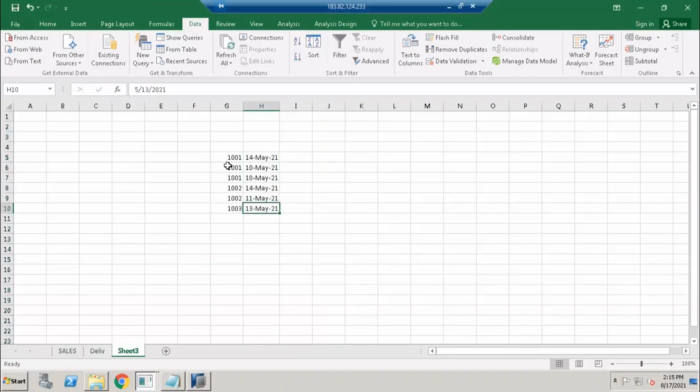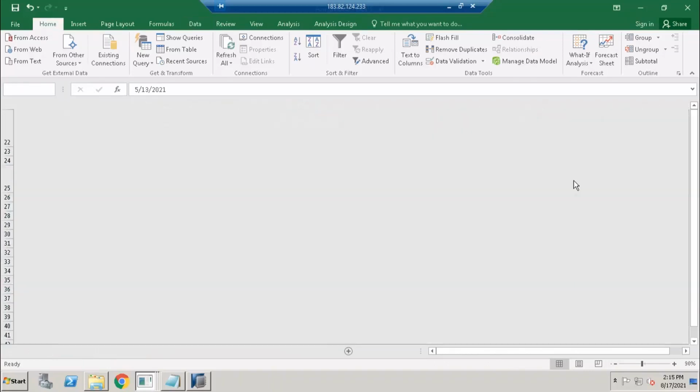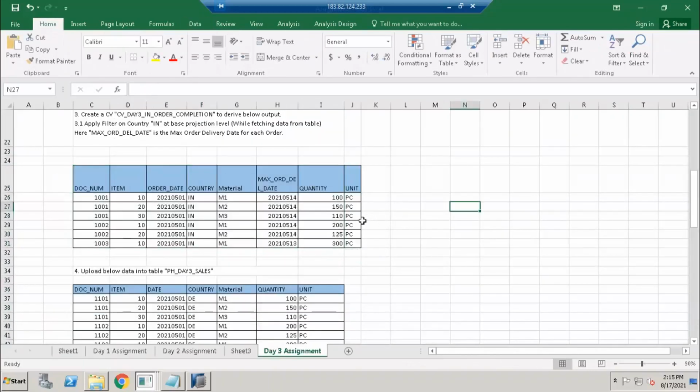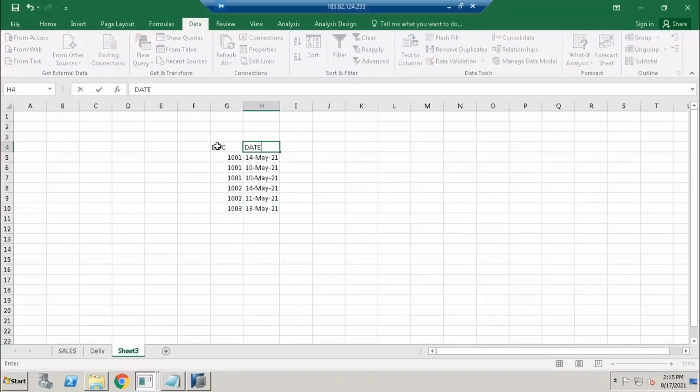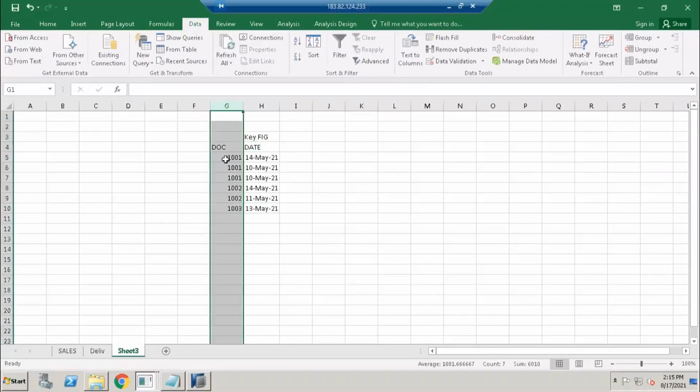The aggregation node's functionality is to aggregate the data based upon the key combination. Now this is my field, document number. This is my date field. Since I applied max aggregation on this one, it is now a key figure kind. Even though it is a characteristic, now it is a key figure. Now I have only one characteristic field here. The system will aggregate this data to bring only unique values.